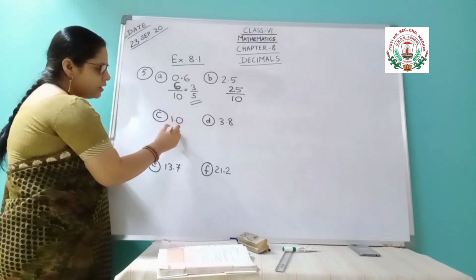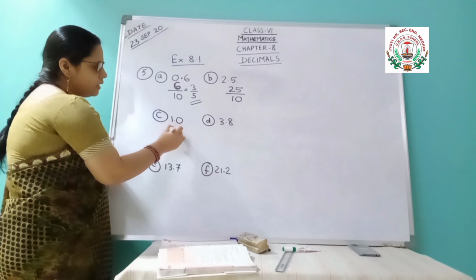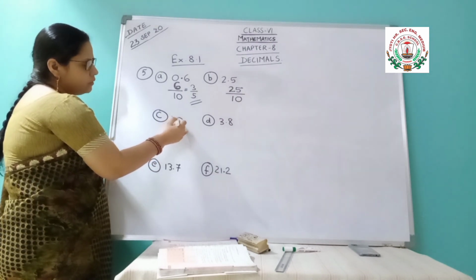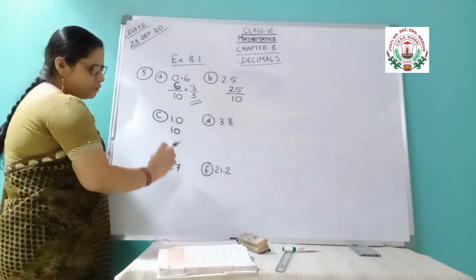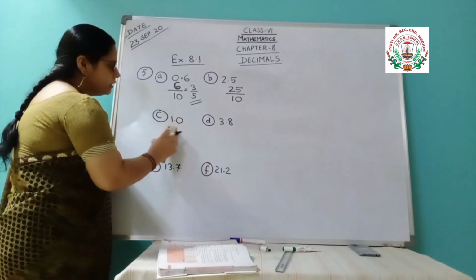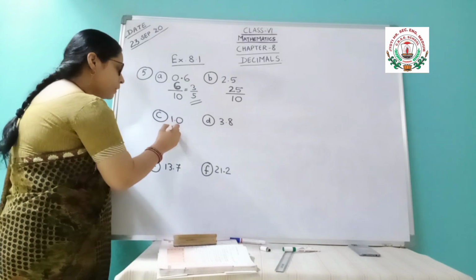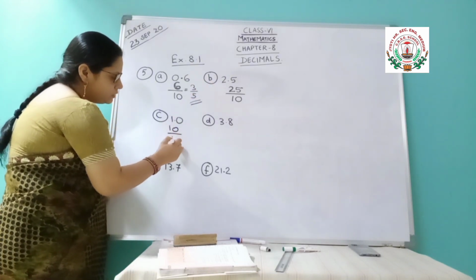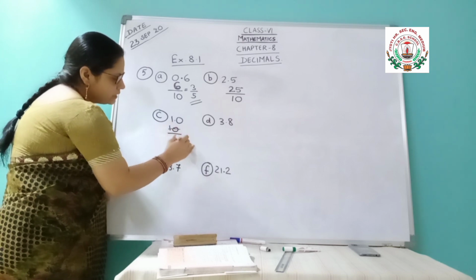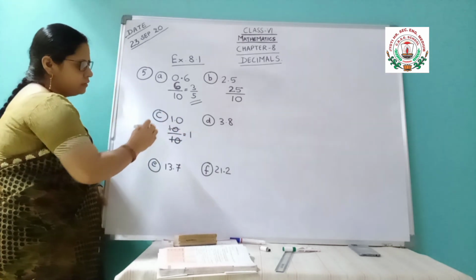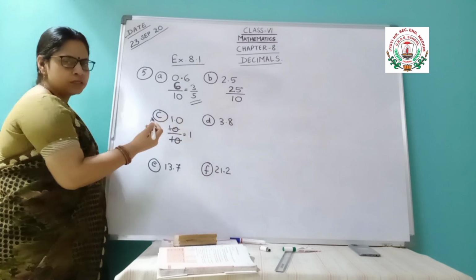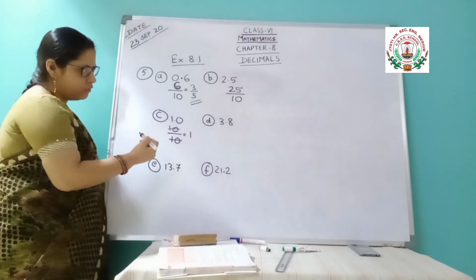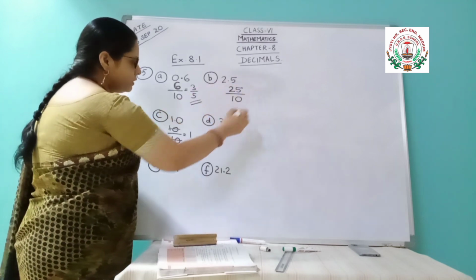Then here the digits are 1 and 0, and after the decimal only 0 is there. So if you write that or if you don't write that, it doesn't mean anything. If you follow the same concept, one digit after the decimal means 1 0. When you cancel, it will be equal to 1 only, or 1.0. The 0 after the decimal doesn't mean anything, so that is 1 only, and after cancelling also you are getting 1 only. This conversion we will do.